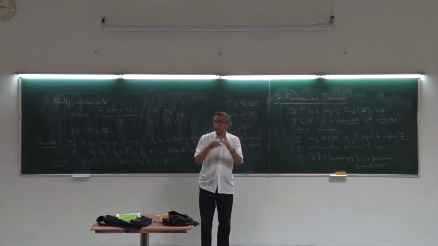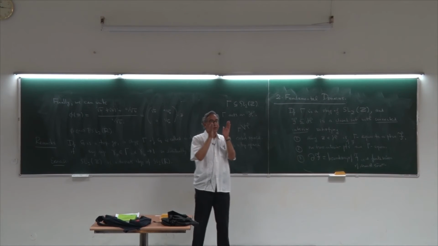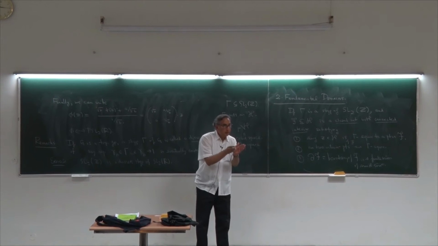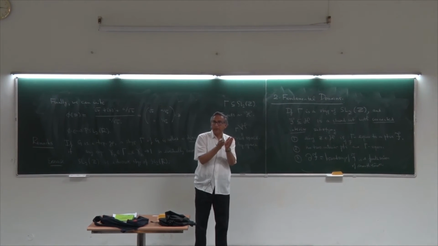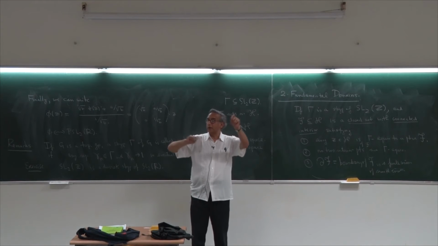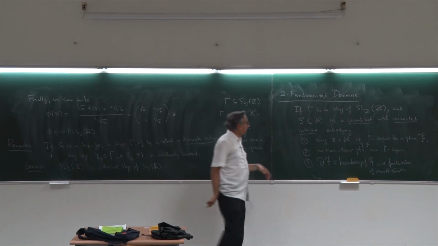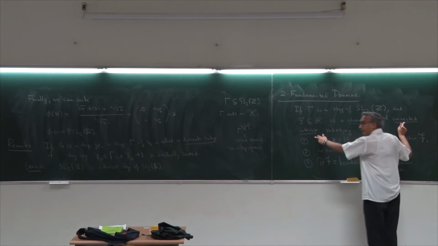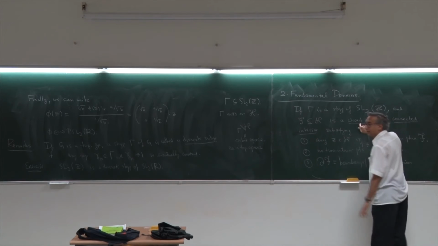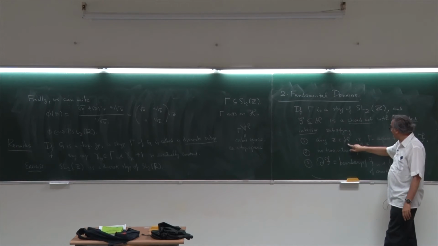So here we are sitting in the upper half plane, and the whole group is acting on the upper half plane, but it's moving points all over the place. We'd like to identify a particular region of the upper half plane which gives us the set of representatives for this action. And you don't want your representatives to be all over the place, you want them to be in some sort of continuous manner. That's why you have a connected interior. And it's got to be a closed subset,